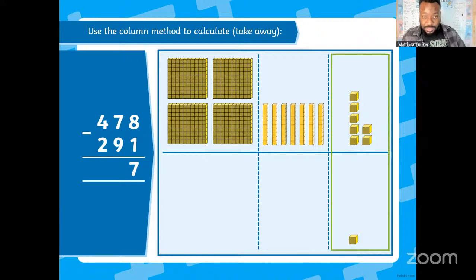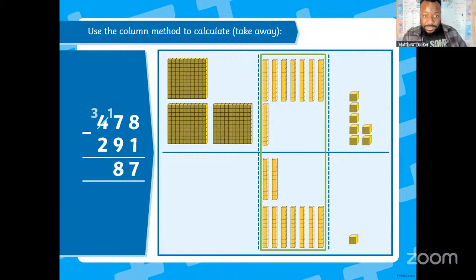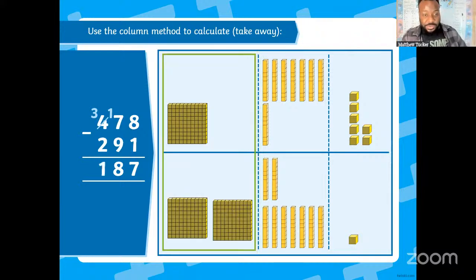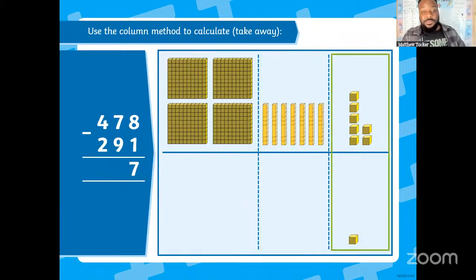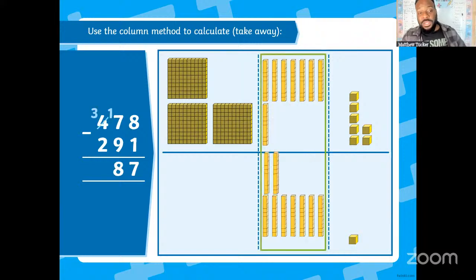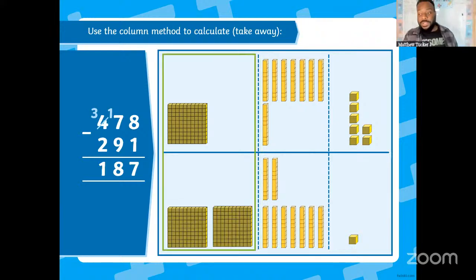Okay, so let's go back here. We take away the 1 from the 8. Then what do we have left over at the top? 7. We take away the 9 from the 7, which means we have to break up the next group along, which was from the hundreds. And then what do we have left over at the top? 8. And then we have to take away 200s from what is left. And remember, we had 4 initially, but we had to move 1 over and break it up. So we're now taking a 2 from the 3 that is left. And then we have 100 left. And your answer is